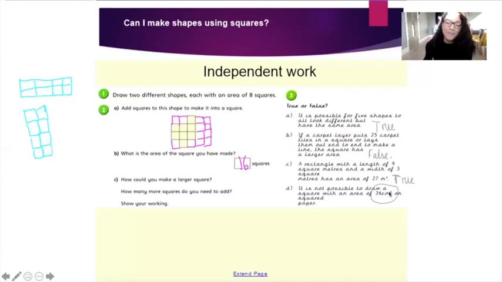So that is all from me for your maths lesson for today, Williams class. It was to make shapes using squares. I hope you enjoyed using different types of paper, using post-it notes, using square pieces of paper to make all sorts of different shapes. I'm really excited to see what you post on Tapestry for me to give feedback on,